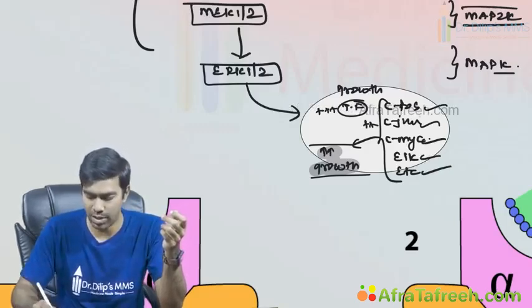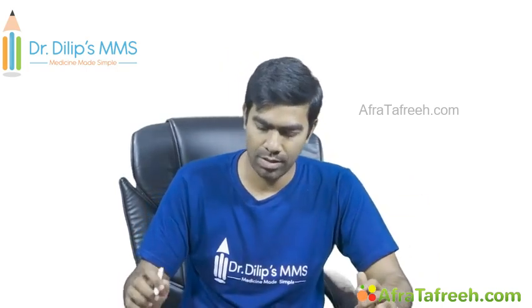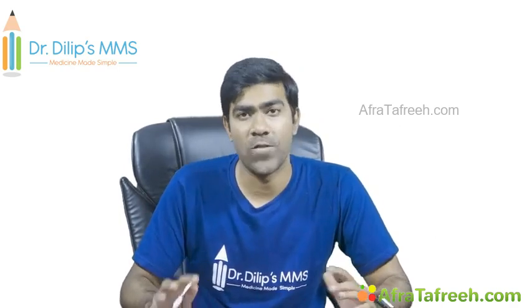In this, CJUN is important in one historical way because this is the first oncogenic transcription factor ever discovered. That is what we call CJUN. Then most important is the CMYC. You would have studied it in a lot of your hematological cancers. I'm not going to discuss it right now, but you have to know that CMYC is a very important oncogenic transcription factor as well, which is very important in many hematological cancers like non-Hodgkin lymphoma. Fine. You have ERK1 and 2.